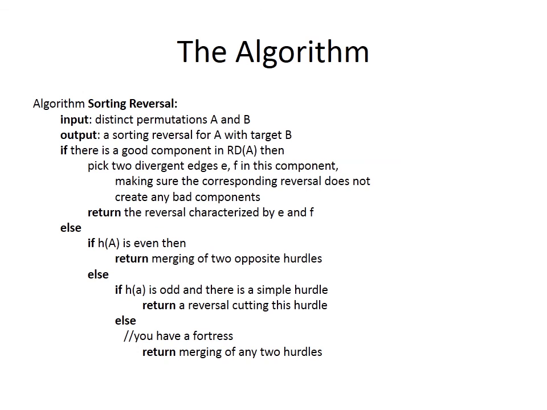If we have hurdles and an even number, we do our hurdle merging and then go back through the same process. If it's odd and we have a simple hurdle, we do a hurdle cutting. And if we have a fortress, we just perform that merge. And then in every case, when we deal with the hurdles, we're back up to the top and seeing if we have a good component. So that's how you go about dealing with the reality desire